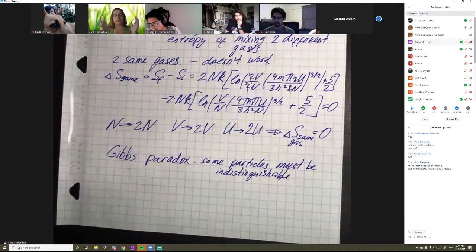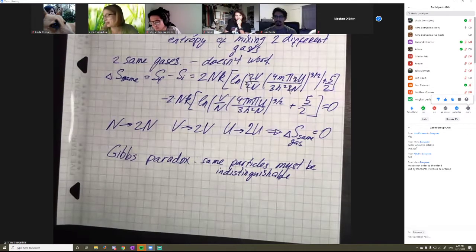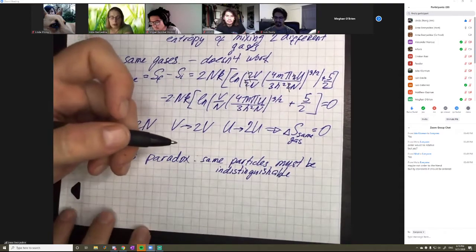To me, I feel like I'm going in a circle about this Gibbs paradox. Is it clear, or is it not fully clear? Okay, good. In this case, I will not go in a circle. So the Gibbs paradox says that particles must be indistinguishable. Otherwise, we will